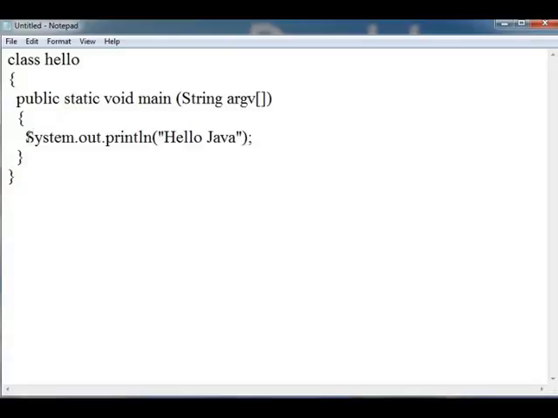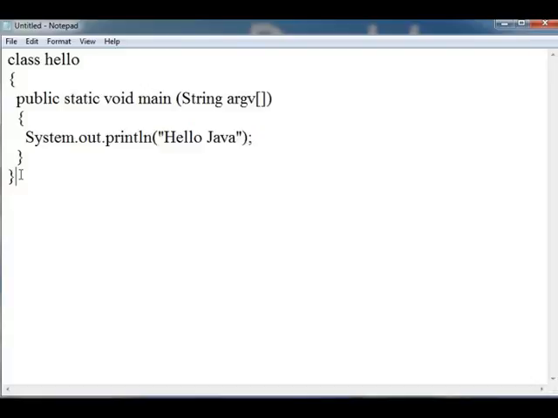I will also explain how System.out.println works. In the brackets you write what you want to print on the screen within double quotes. Here I am writing hello Java, so it will get printed on the output screen. Then I close the main function and then the hello class.